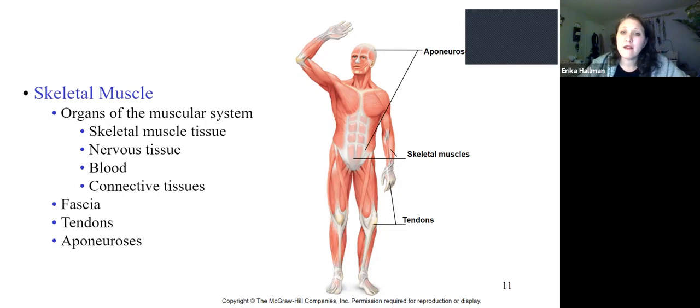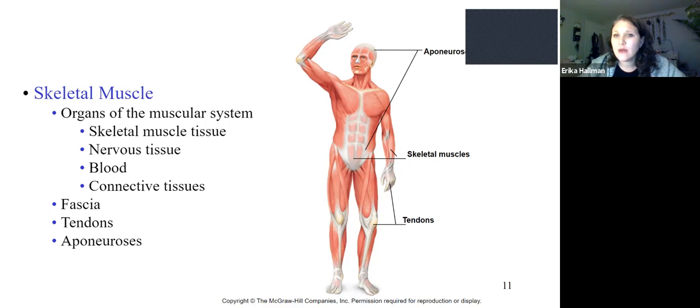That's going to be a very strong but thin connective tissue that will cover the outsides of the muscles, or it will protect that muscle from when it would slide against a bone. So fascia really is just meant to protect the muscle from friction and from damage when it moves. Tendons are going to be used to attach the muscle to bone to help with locomotion. And then an